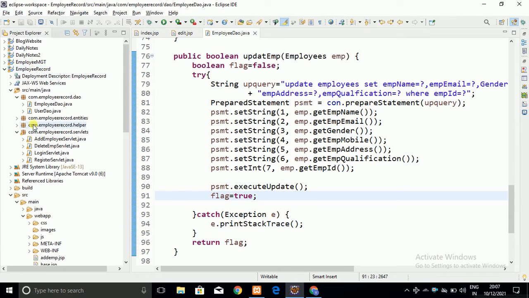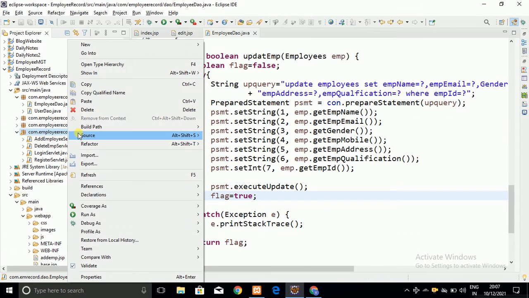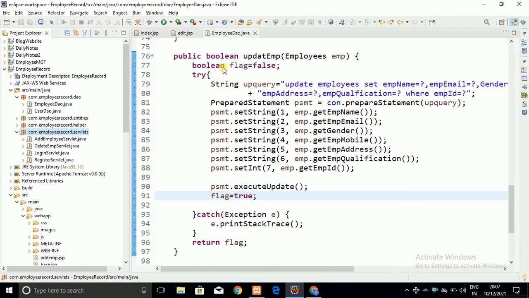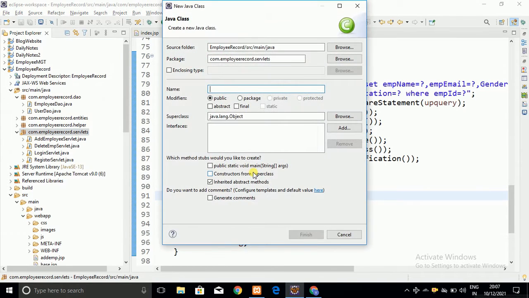Now I am going to create the servlet, the update employee servlet, which we have to create. So let us create a new class. Let us name that class UpdateServlet and click on finish.